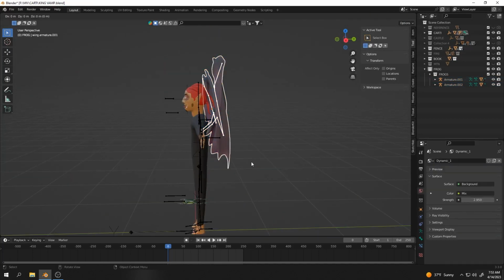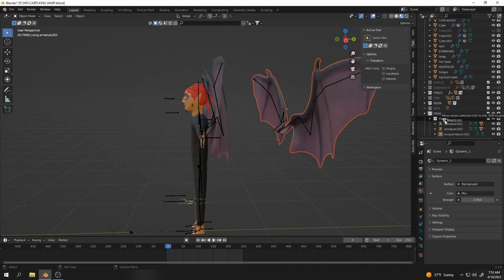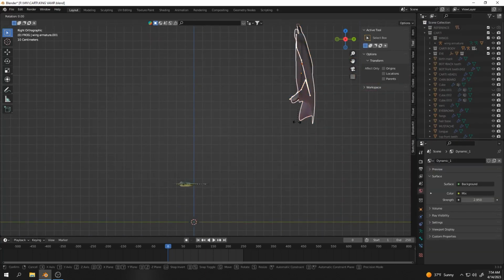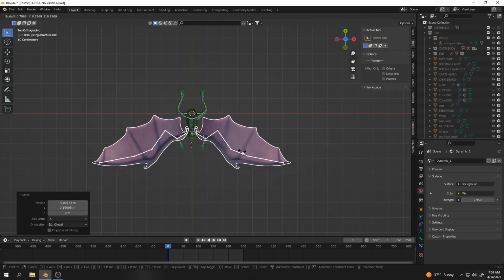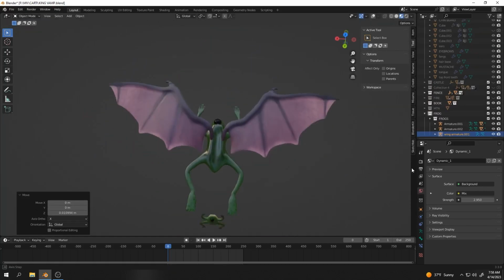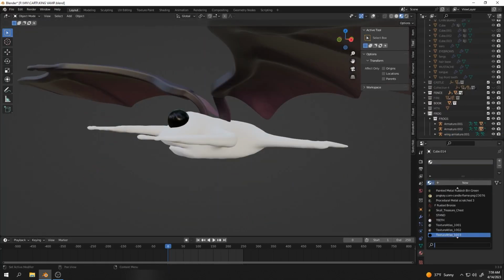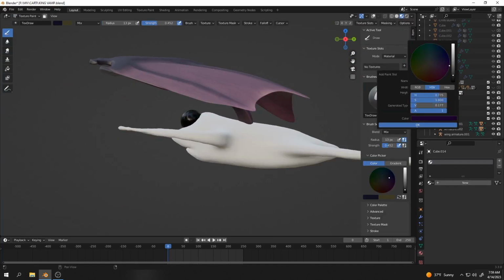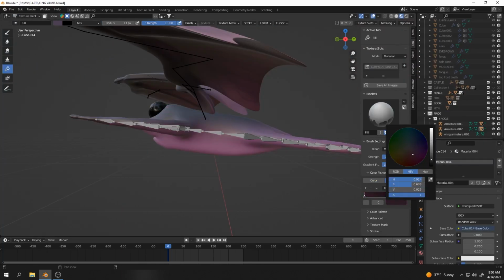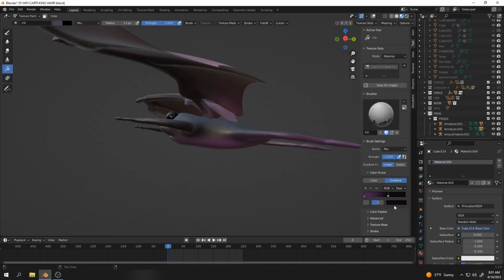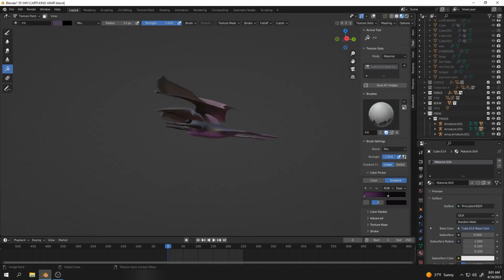Okay, so for the bats, I've been trying to save time when I work on these projects as much as possible. I'm not really trying to cut corners that don't need to be cut, but at the same time, I realized that I really didn't need to model a full bat all over again. It would have been great practice, but a little more time consuming than needed, because I would have to rig up an armature,